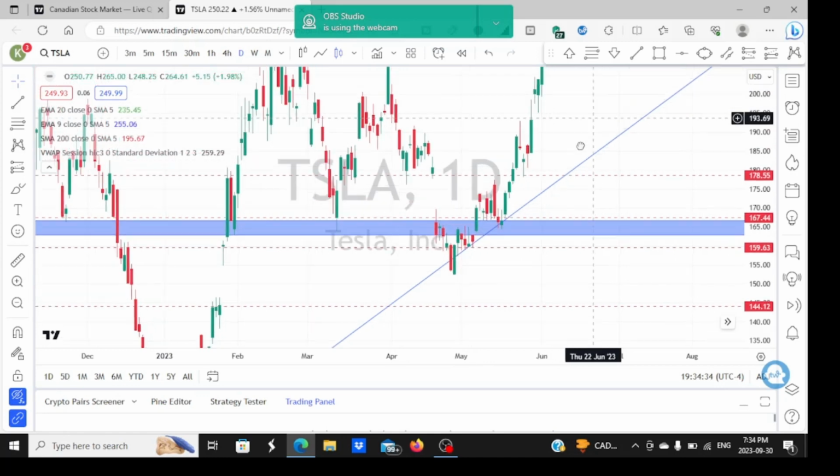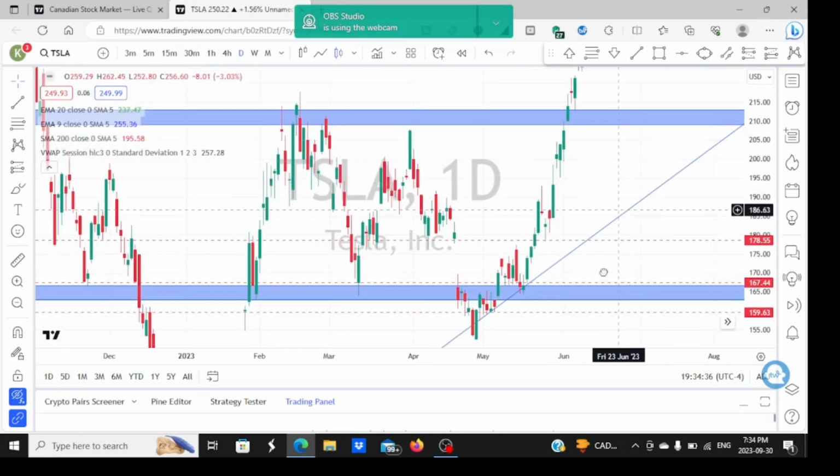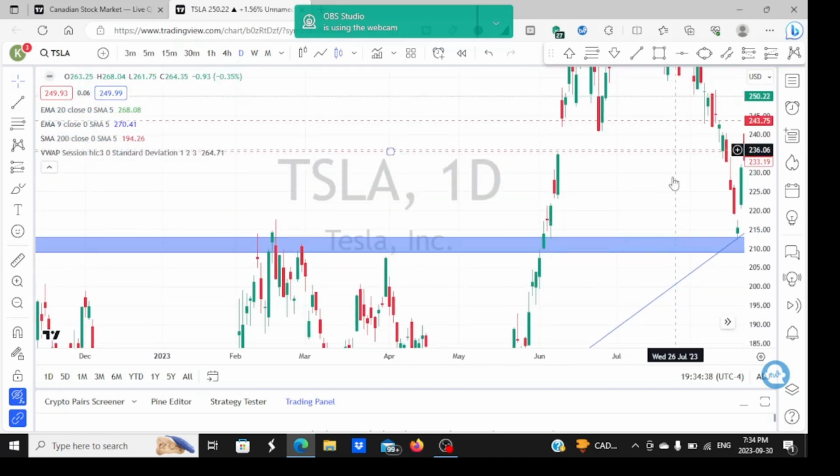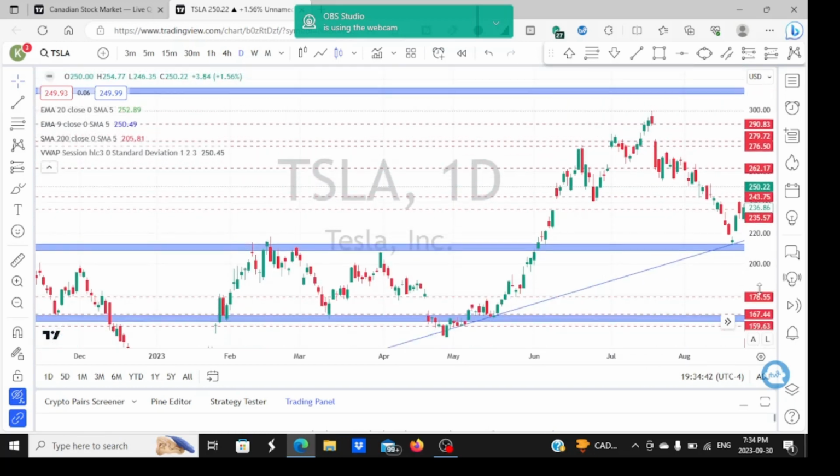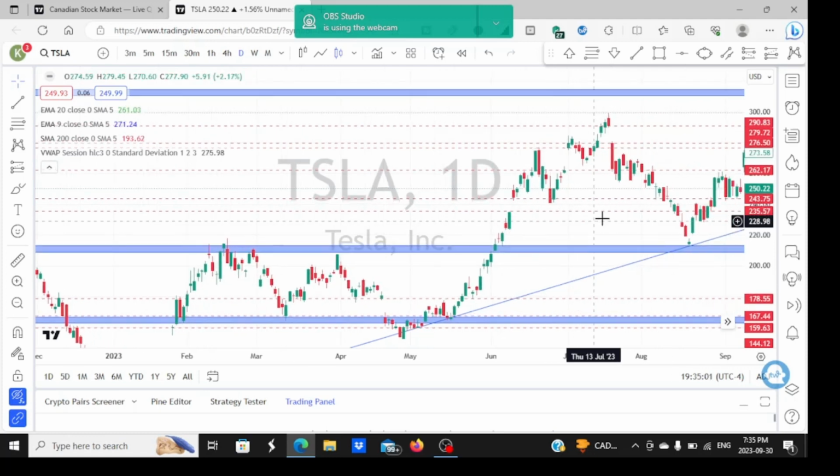Then it went all the way up until 274. So this was a good, strong buying. The buyers were totally in control. Okay. Then let's look at